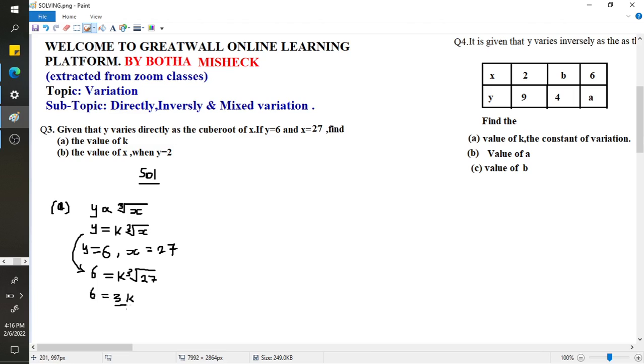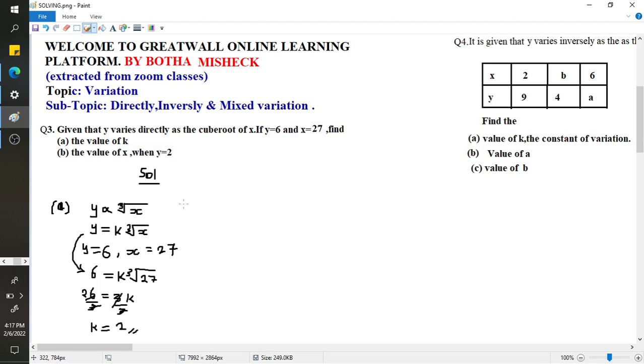Dividing both sides by 3, so you're dividing both sides of the equation by 3, right? And that will give you k is equal to 2, right? So when you divide there, it's giving you 2. So k is equal to 2. So after finding that k is equal to 2, and then